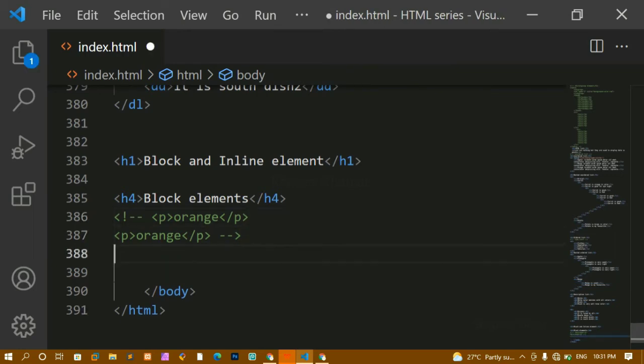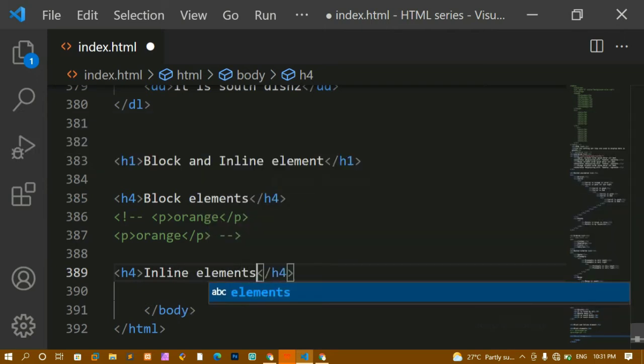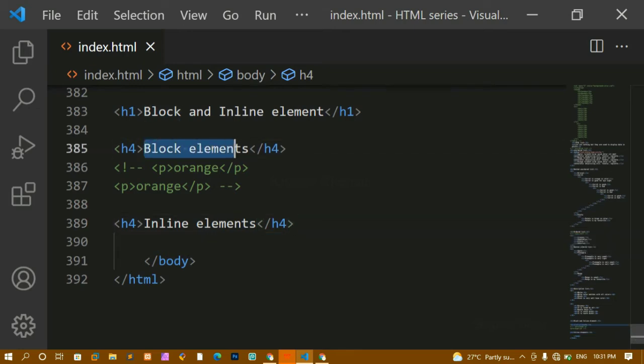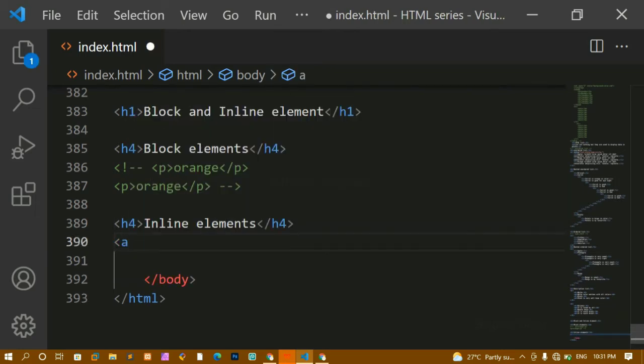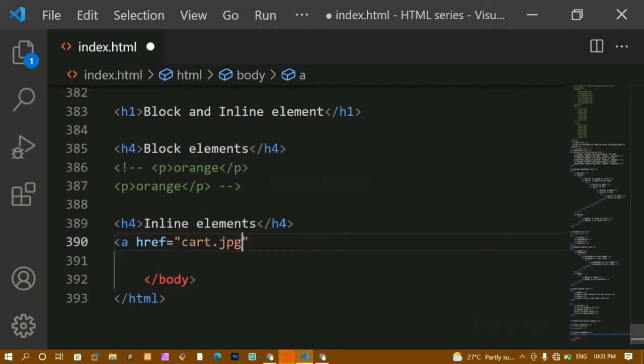Now here I am just going to write H4, and here let me write inline elements. Inline elements are the complete reverse of this one. They will not start on a new line; they will take only the space that is required by them. Now here let me write an anchor tag. Anchor tag is an inline element. Href, let me write this cart image, and here I will write click me,